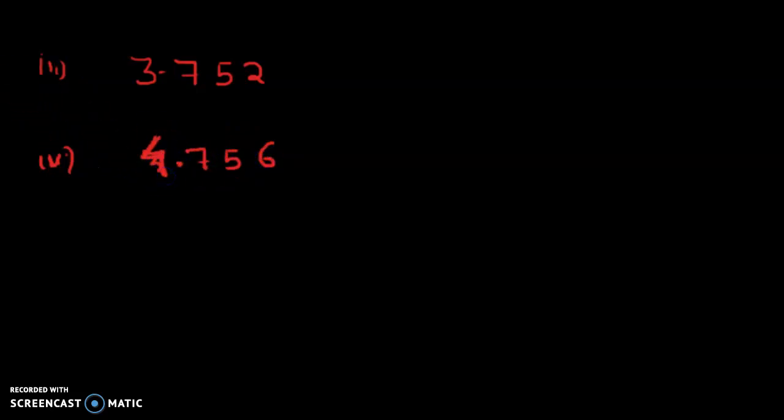What would be the answer in both cases? So listen very carefully. If I need to round it off to the nearest tenth place, and the digit after it is 5 only,